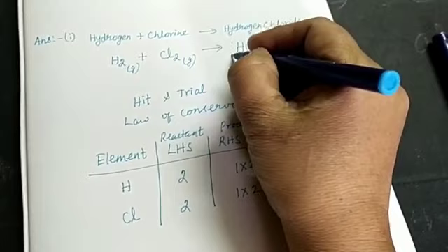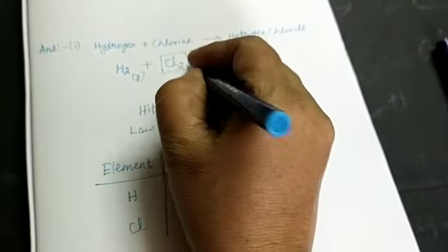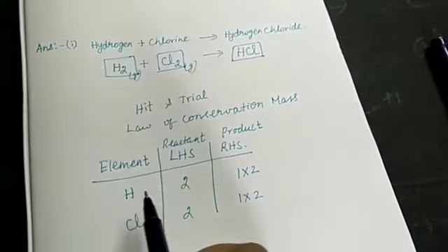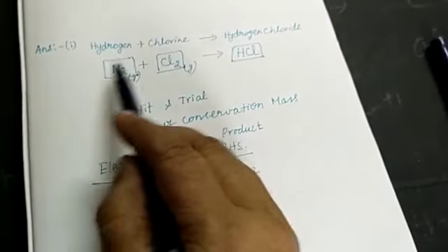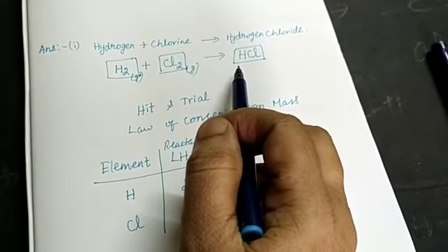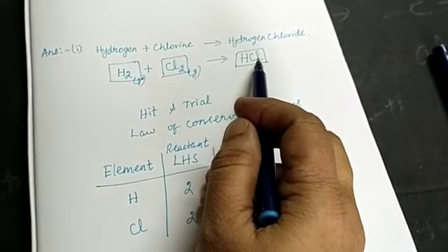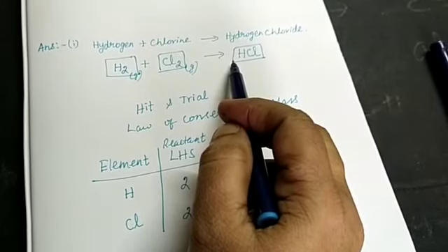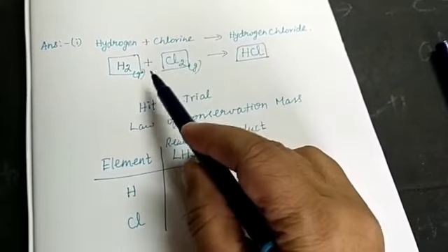But in order to remember, we should not change anything inside the square bracket because then the formula itself will change. That's why if we want to write any balancing number, we have to write only outside the square bracket. The square bracket is an indication for the beginners not to change anything inside the box. If we change anything inside this box, then the formula itself will change. That's why we are drawing a box around that formula for every element.